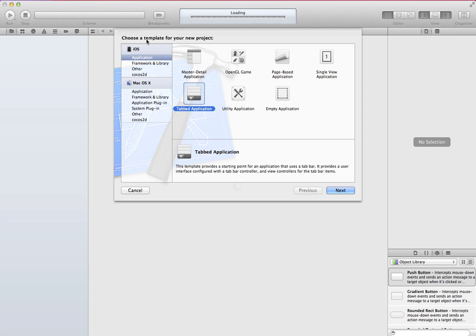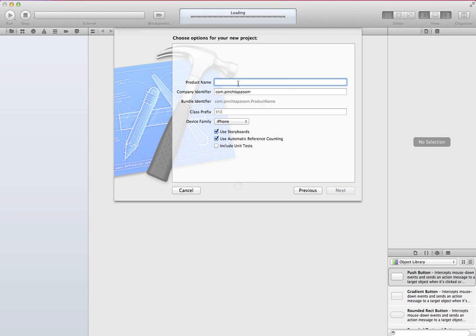And the project template I'm going to choose, since we saw in the example that it was using a tabbed application at the bottom to be able to switch from one view to another, I'm going to choose the tabbed application and click Next. And I'm going to give my project a name, so I'm going to call it Simple